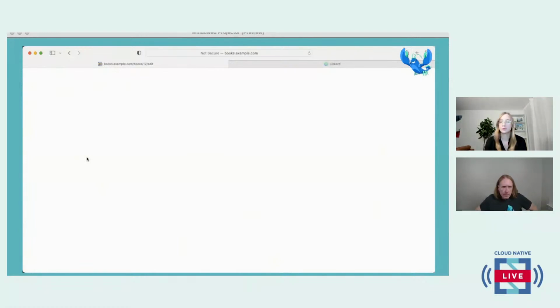So before I completely lose my train of thought, I'm going to point out that if we look on the web browser, you can see that editing the title of the book there failed, which is what we expect because that's not a GET. Now, OPA, Spiffe, Spire, the short answer there is not yet. Identity in Linkerd has always been based on the service account, and we are pretty actively looking at how to hook in some of these other things.